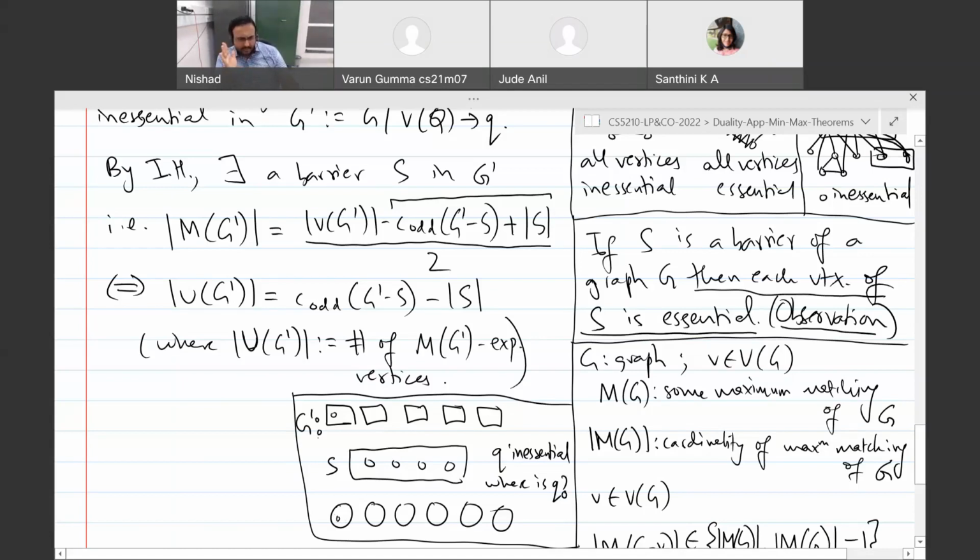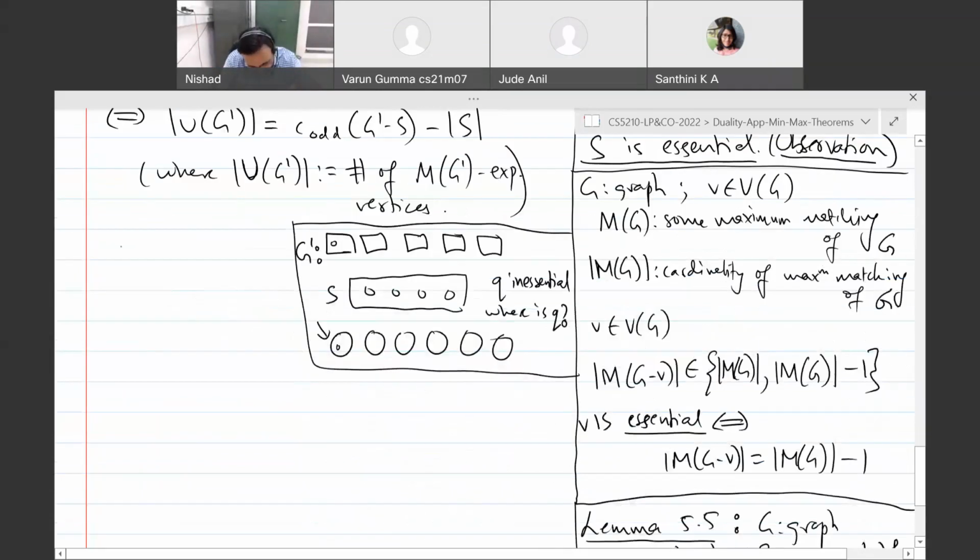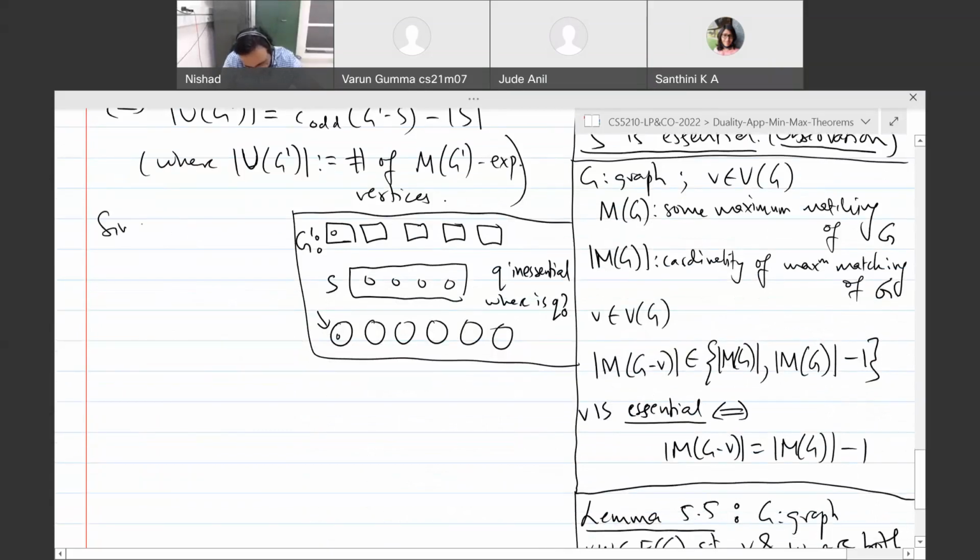Well, it doesn't matter. No matter which component it is in, I can blow it up back to the original vertices of Q, and with this set S the graph will still have the same structure. Supposing Q is in an odd component, what will happen is one vertex will now be replaced by 5 or 7 vertices, so this will still be an odd component in G minus S. And if it is an even component, then the component will still be an even component in G minus S. So since Q is inessential,